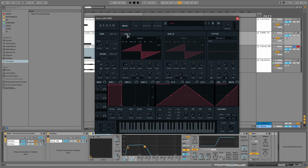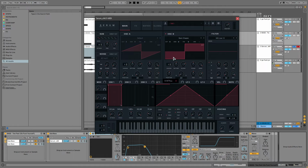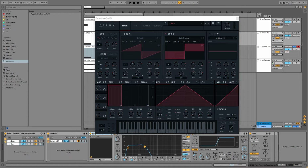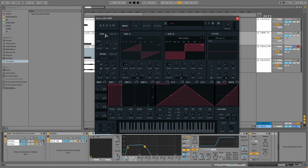The first thing we want to do is set our oscillator. I'm going to use oscillator B for this. We are going to set it to basic shapes and select the square wave. You can also use oscillator 1, it doesn't really matter. And the only thing we want to adjust on this oscillator is the volume, which is going to be set to 21. The next thing is we want to turn on the sub oscillator,